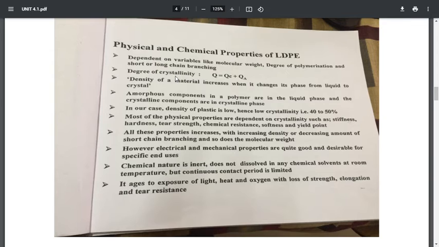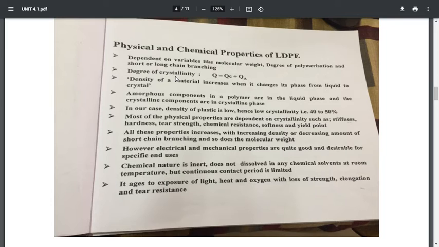Amorphous components in a polymer are in the liquid phase, and the crystalline components are in the crystalline phase. In our case, the density of the plastic is low, hence low crystallinity, that is 40 to 50%. Most of the physical properties are dependent on crystallinity, such as stiffness, hardness, tear strength, chemical resistance, softness, and yield point. All these properties increase with increase in density or decreasing amount of short chain branching,